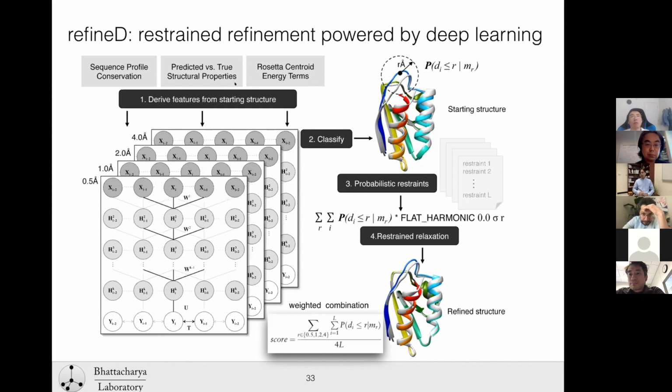But when we take out one of the features, we see the classification performance drops, but we have not been able to actually study whether that is directly correlated to the refinement performance, because things become clumsy when we perform restrained relaxation using the restraints. It's not very straightforward to objectively judge which features are the driving factor behind refinement. But the depth of the MSA matters, and the quality of the starting structure plays a very important role.